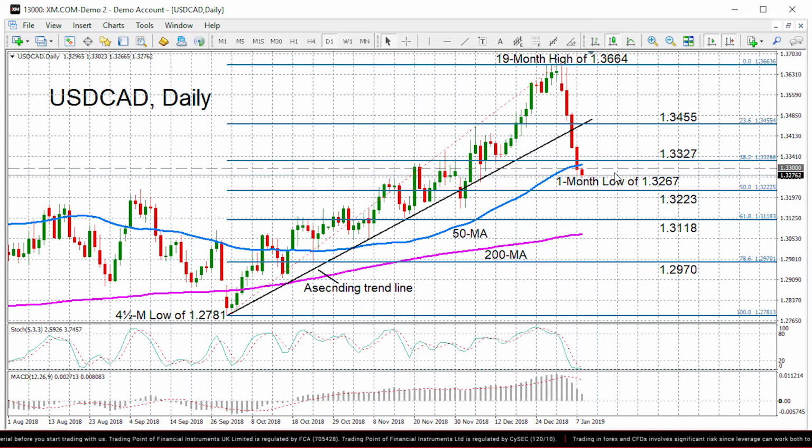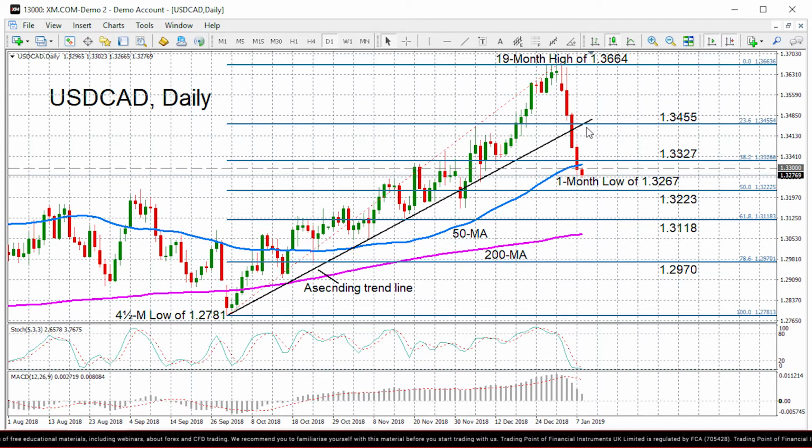Let's now turn to USD versus the Canadian dollar. We can see that the pair pierced below the ascending trend line and is now trading just below its 50-day moving average. There is immediate intraday resistance at the 1.33 level. If it manages to recover above that, then the next we could see another hurdle at the 38.2% Fibonacci at 1.3327. However, the pair would need to climb above the 23.6% Fibonacci retracement of the up leg from 1.2781 to 1.3664. That's around